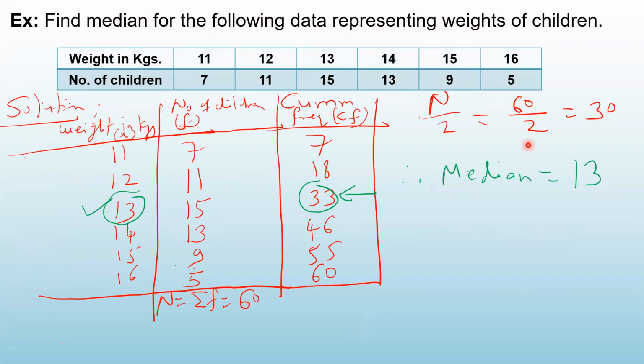n/2 was 30, उससे बड़ा यहाँ होता है, just 30 से बड़ा 30. वैसे तो ये भी है लेकिन हमको ऊपर से रीड करना है. और जब वो पहली बार जब 30 से बड़ा हो जाए वो किसके लिए है, उस वाले नंबर के लिए है. तो that becomes our median. I hope you have understood. So by this method we can find out the median for grouped data of discrete. Okay,